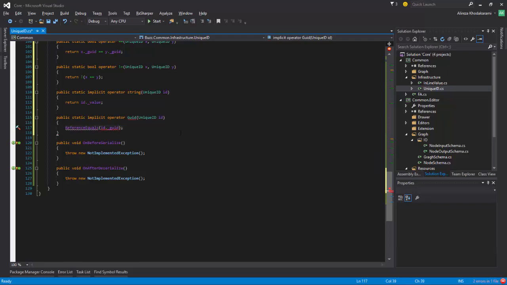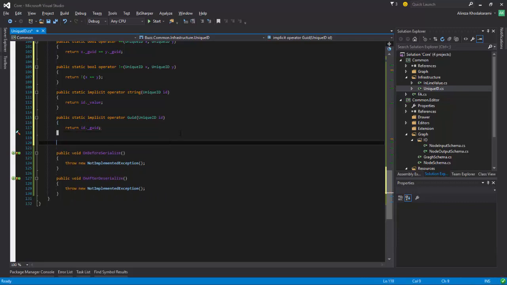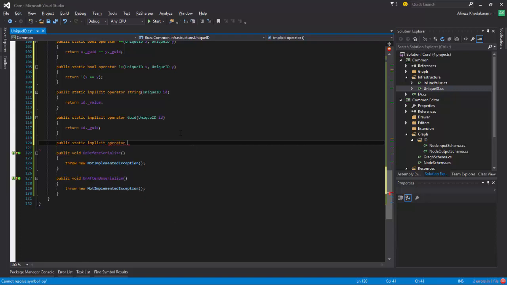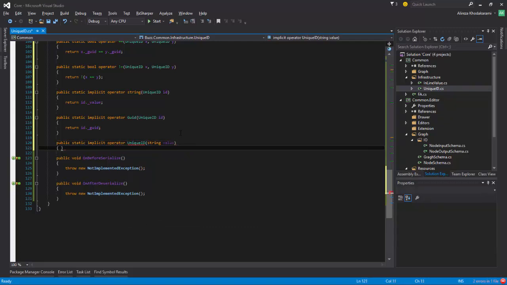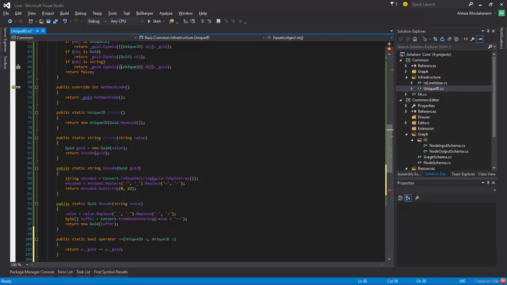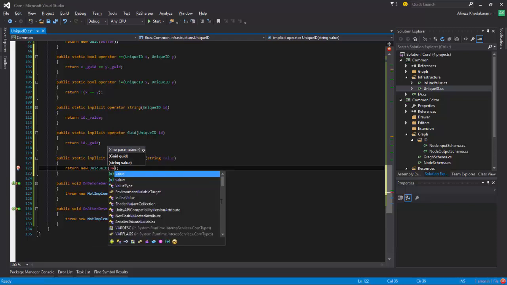And why are you not cooperating with me? ID dot underline GUID. Okay. Then we have public static implicit operator that returns a unique ID from a string value. So this is what is solving this case, that we are converting, we are casting a string to unique ID. Okay, that returns a new unique ID,